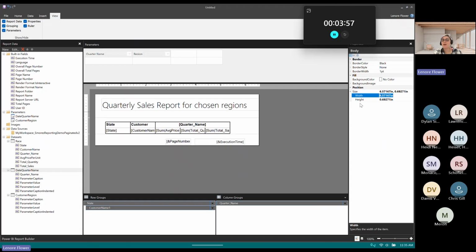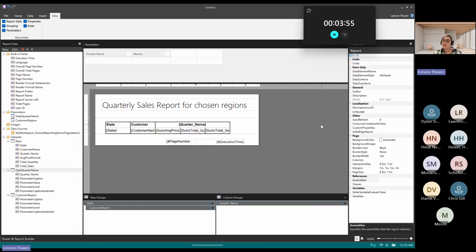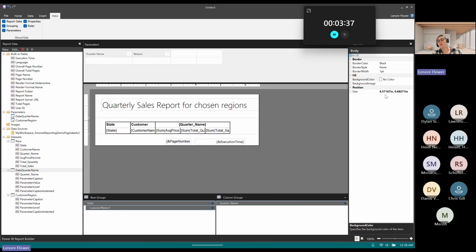So if we want that to be a half inch on each side, here are margins. Let's say 0.5 inches for the left and right to give us a little bit more room. And then in the body, we know that we had 8.5, now we have 7.5 to work with.